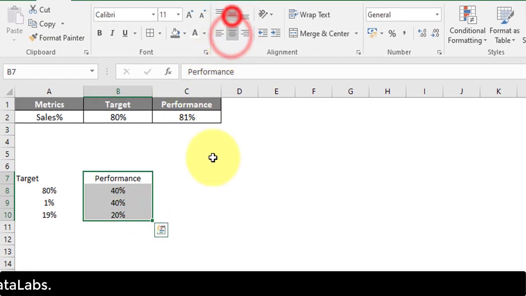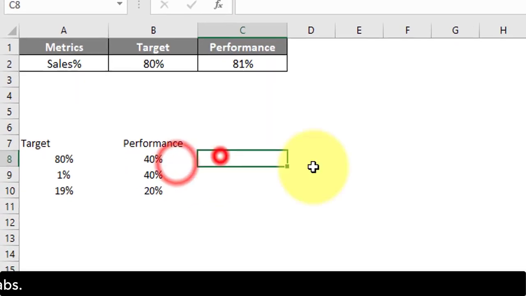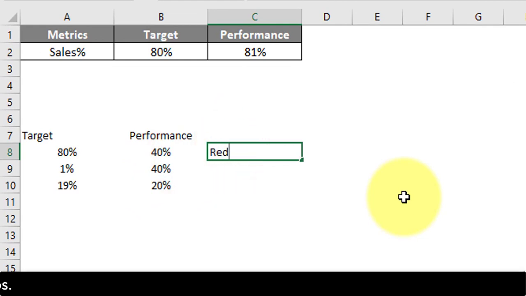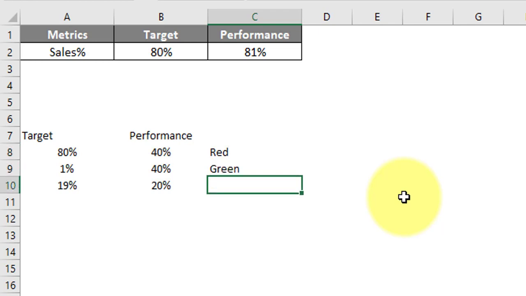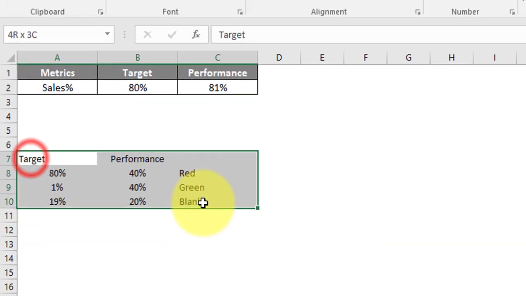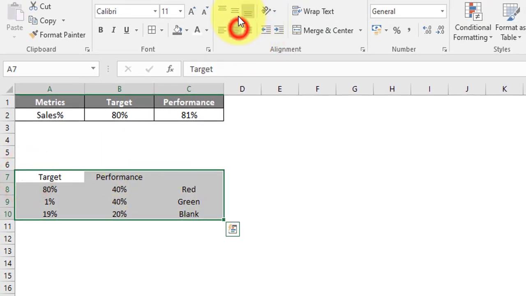The reason for creating three different values is, one would be for red, so let me write it over here so that it will be helpful for you to understand, this would be for green, and this is for blank, it means not filled, right? So we are done with the supporting data.